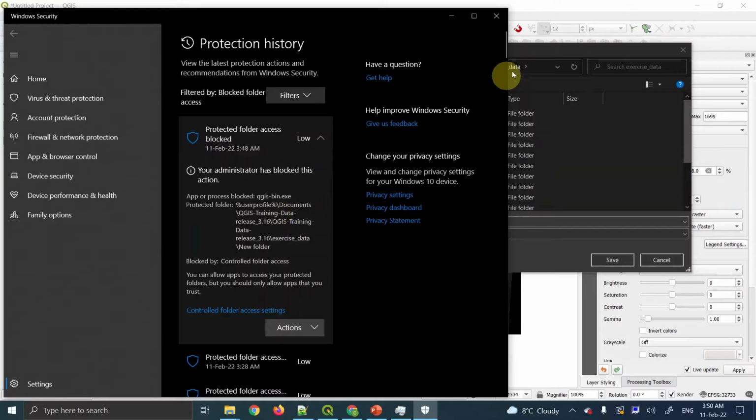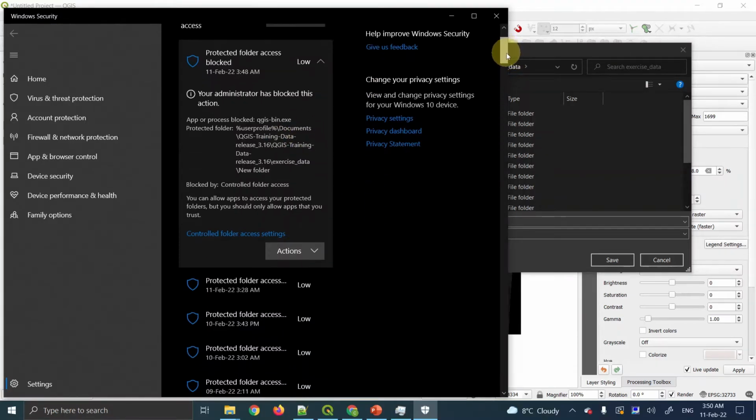Now here, what was happening is that the QGIS-build executable file was making a new folder inside this path, and this was blocked by control for access. So let's allow this action, allow on this device. Again,